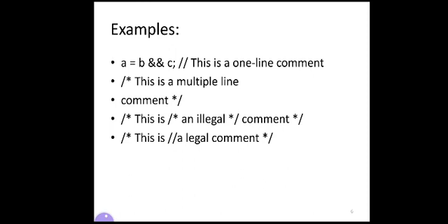How to write a multiple line comment? Suppose you want to write a comment for 2 lines, 3 lines or more than that. Instead of writing a single line comment, you can use slash asterisk and write whatever you want in multiple lines, then end that comment with an asterisk sign and slash. That is how a multiple line comment is written. This is a multiple line comment.